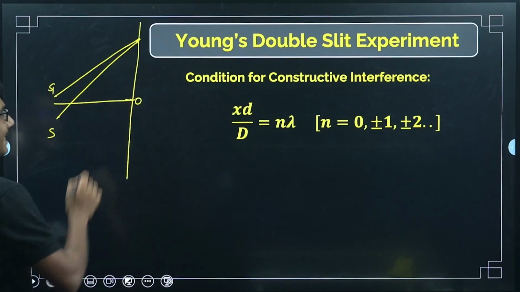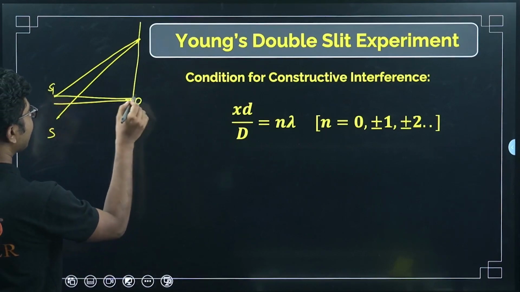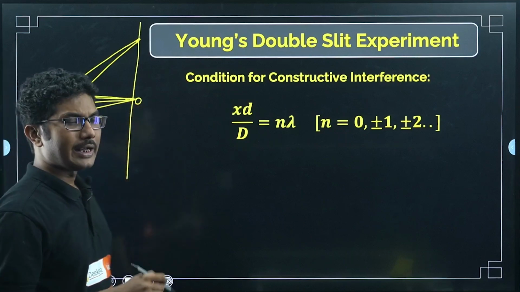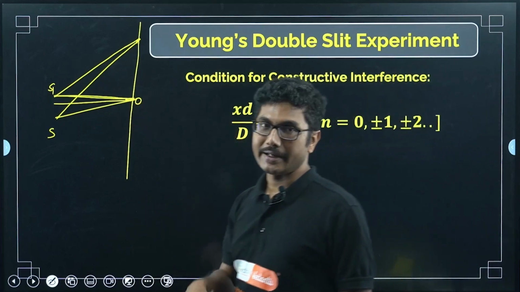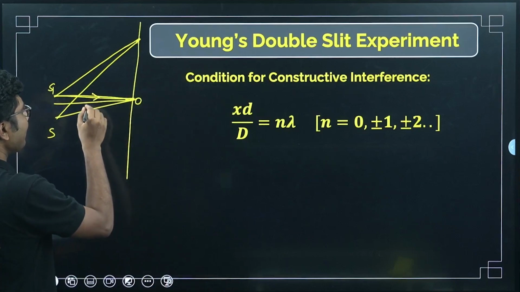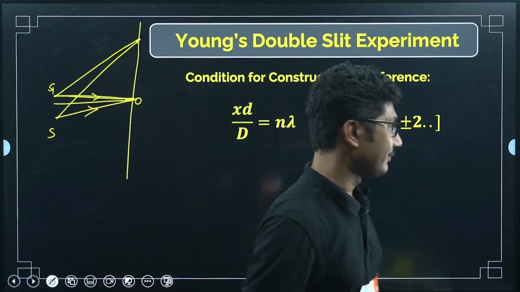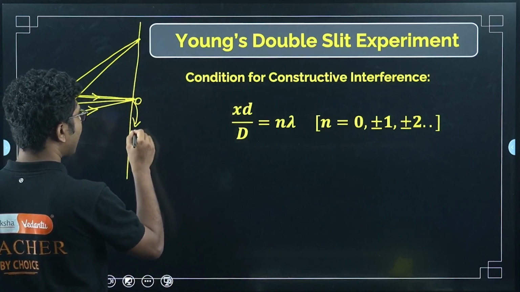At the center, both rays coming from here travel the same distance, so they interfere at this point in the same phase. Both sources are sending light at the same time, so they come with the maximum intensity. In Young's double slit experiment, here we always obtain a maximum,